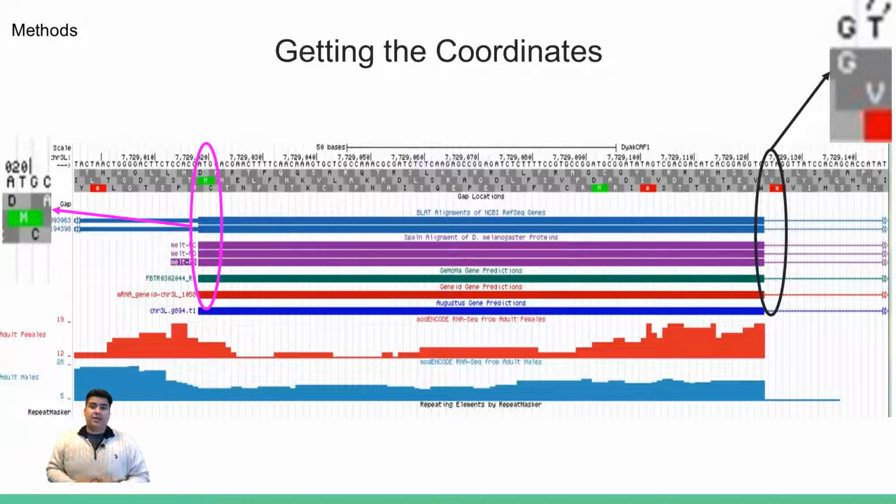So what we need to take note of is that the first exon needs to have the start codon, which starts transcription of the entire gene. And we can see on the left here in this purple circle, and the little zoomed in feature on the left, that's the start codon, methionine. So that's ATG specifically in sequence. So I would basically mark that as my start coordinate. And then I would go to the right here and look for where the RNA sequence data, which is this data right here, these two lines, the red and the blue here, where that data ends, I know that transcription has ended there. So I go up and I look at the coordinate number and I note that,